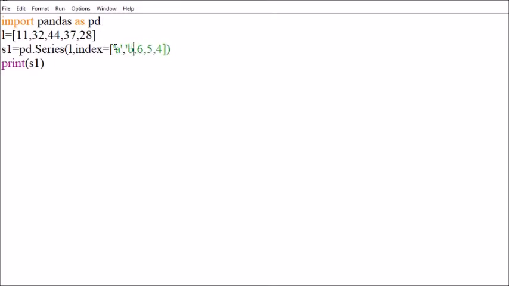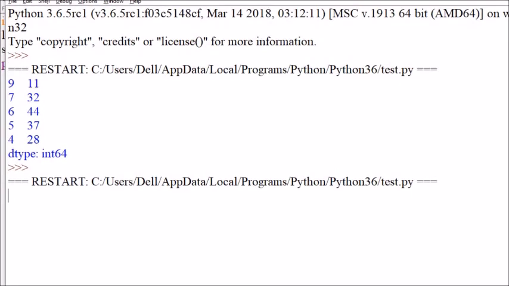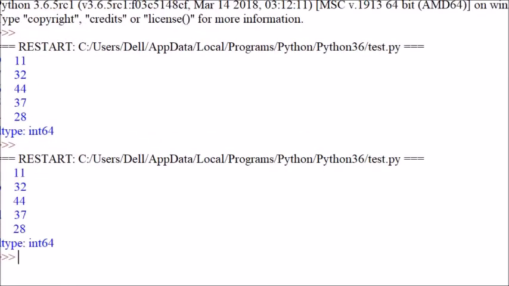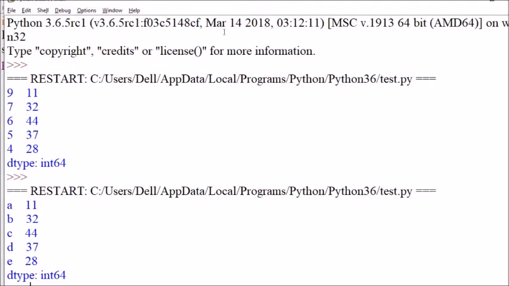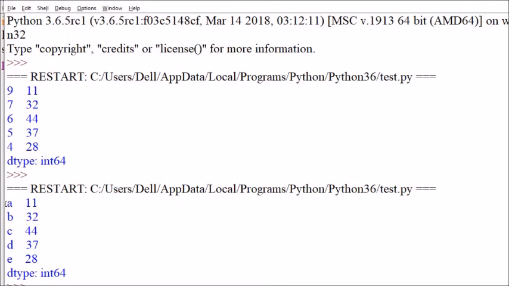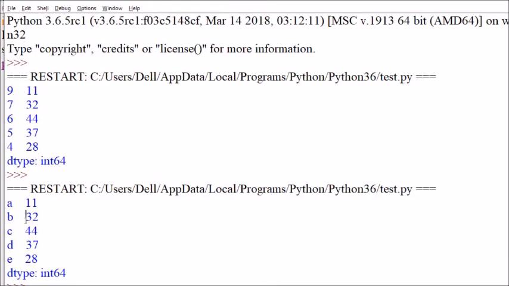I am writing A, B, C, D, E. Now I'll run it. So rather than numbers, the index will be string values. You can see here it will print string values A, B, C, D, E, but the data type will be int64 because the values are integer. Despite the index being string values, because the values in the series are integer, the dtype will be integer only.